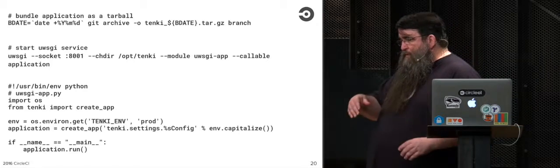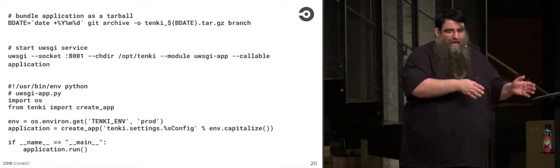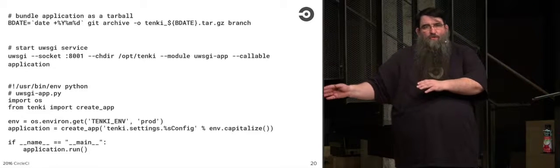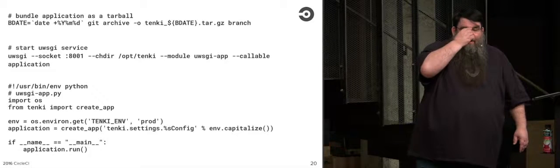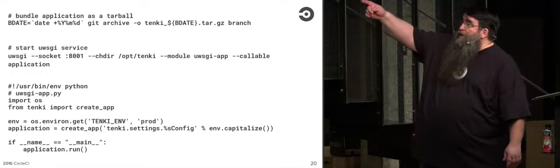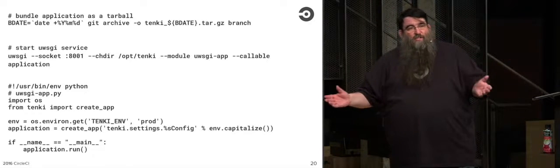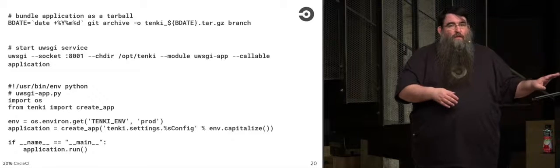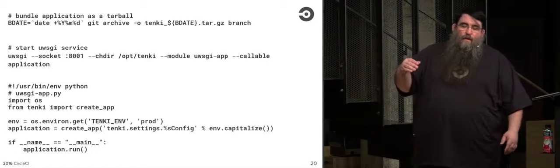Because we've set up our Docker environment, we now have an environment that's exactly the same as will be used further downstream in testing. That gives us a lot of advantages. That means that when we're done with our testing and everything is okay, the first line, we can bundle using Git archive the application without any of the Git bits into a tarball and release that as an artifact of